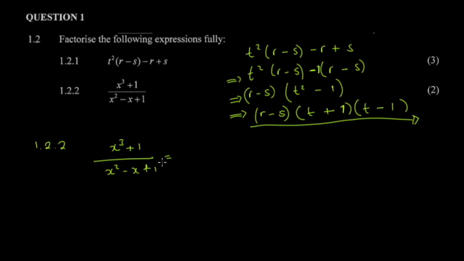So you can put this aside, and then you have x cubed plus 1 equal to x squared minus x plus 1 here. But you don't know what the other factor would be, so you can say plus, let's say, a, and then you have to determine the value of a. You're guessing that it's a factor, and then you want to check what value of a would satisfy that. So you get x cubed plus 1 equal to, when you expand,